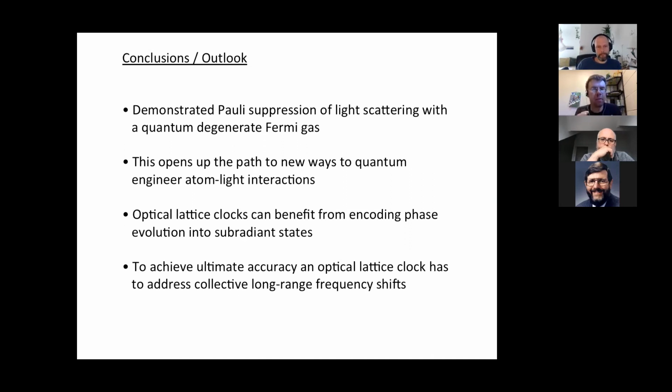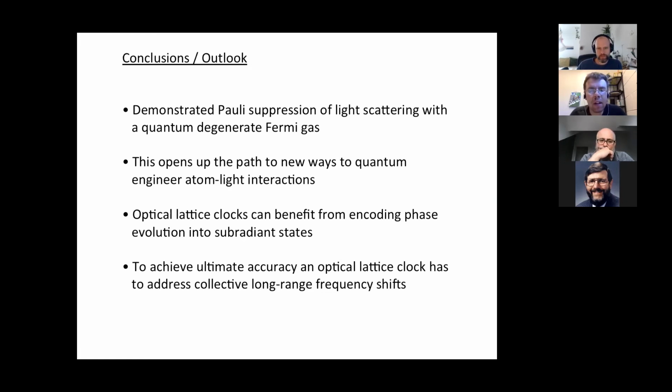This is really interesting because it gives us a new tool to quantum engineer these atom-light interactions. If we embed our atoms in a Fermi sea, apparently that does something to these atom-photon interactions. We can think about engineering that lifetime, which is interesting for clocks in the longer run. If you have a clock atom and you're unhappy because your excited state decays too quickly, maybe you can engineer it into a sub-radiant state one way or the other, effectively enjoy a longer lifetime,